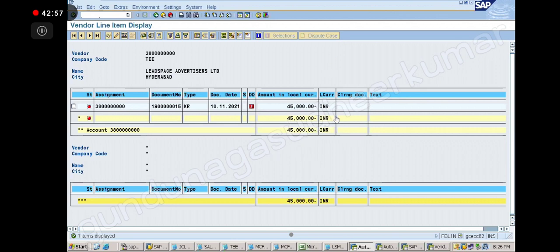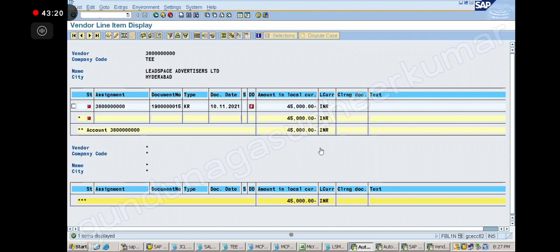So I am not blocking permanently. This invoice is not blocked permanently, only in that APP run. On that day, I don't want to pay. So the blocking is at proposal level, right? Only in that proposal, I don't want to pay. Next proposal, I will pay, na? Got it? So that's why the answer is you do not need to unblock it.